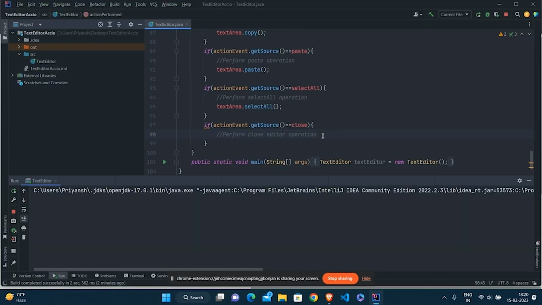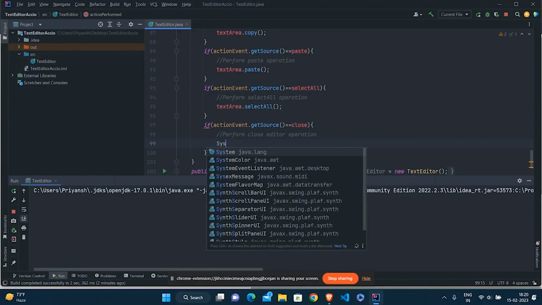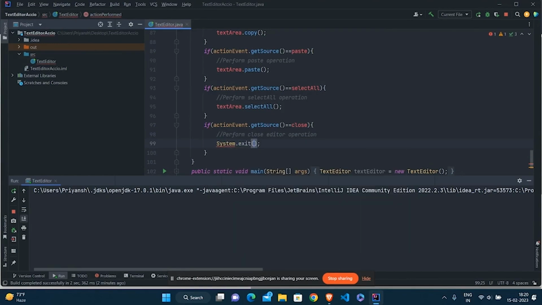So what we need to do is system dot exit, and we need to provide the status inside this exit method, that is 0. What we mean by status 0 is we have just closed the application.